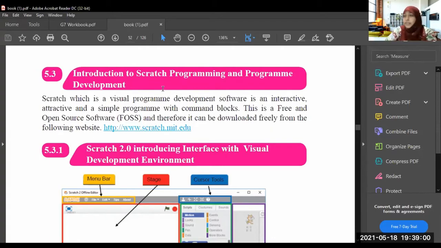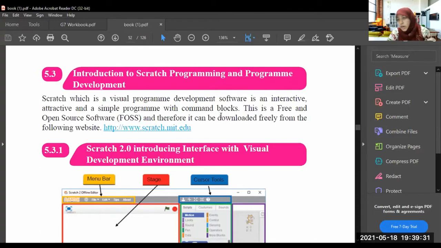With Scratch you can make games, and you can also make small cartoons. Scratch is a visual program development software, an interactive, attractive, and simple program with command blocks.